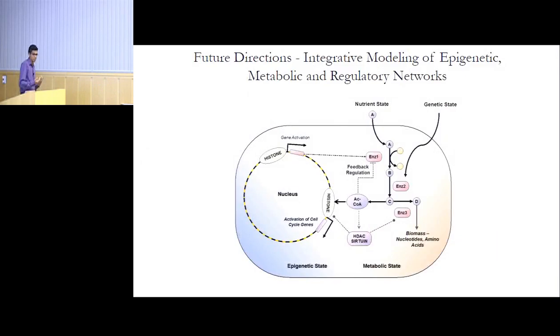Another interesting direction which we are taking is building more comprehensive metabolic models. I talked about how we can model transcriptional regulation of metabolism. Moving forward, we're also trying to develop new methods for identifying regulation by small molecules like metabolites, and also how metabolism impacts the epigenetic state of cells. For example, I talked about how in stem cells metabolic enzymes affected histone methylation. Similarly, we can also figure out how histone acylation is affected by the metabolic state of the cell and how that impacts the expression level of enzymes. We can understand metabolism more comprehensively.